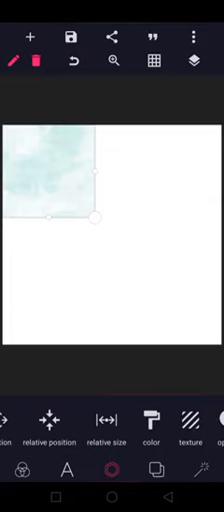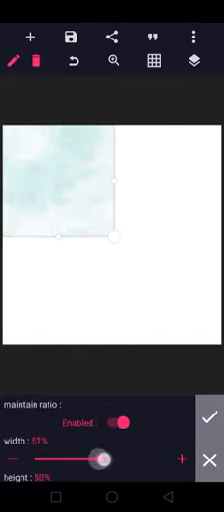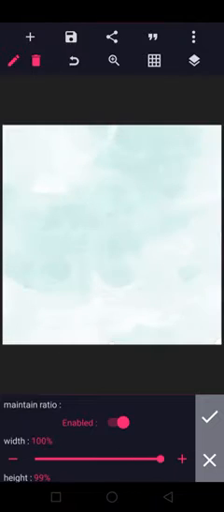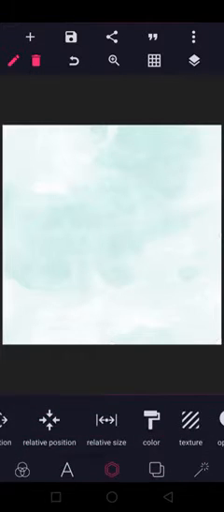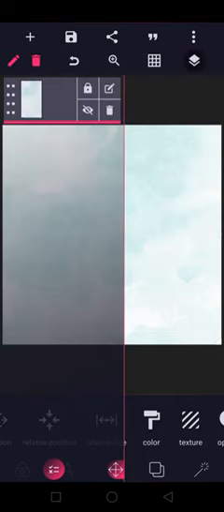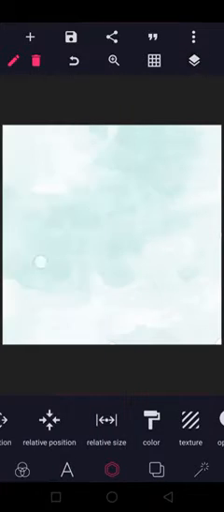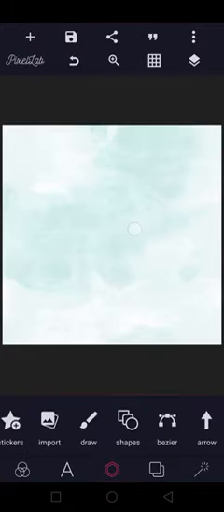so I swipe to the right and then I come to relative size here. I click it and increase this to 100. If you notice the one up is 100, the one down is 99. Also move that one to 100 and click OK. You can see it is now covering the whole screen. Then I come to this layer icon and I lock it so that I cannot mistakenly move these things anyhow. Now I cannot do anything on this